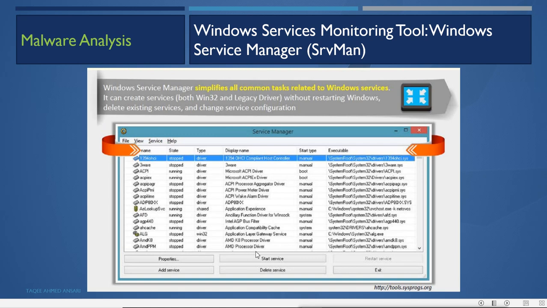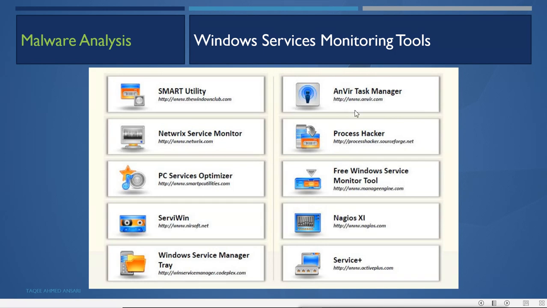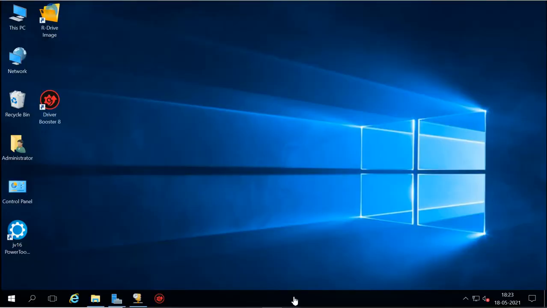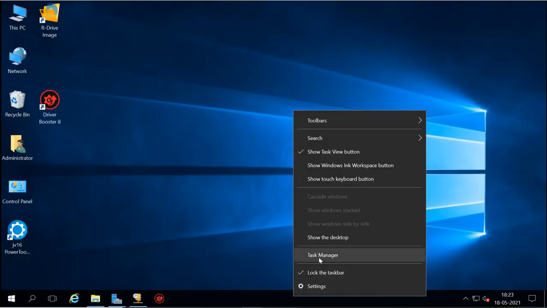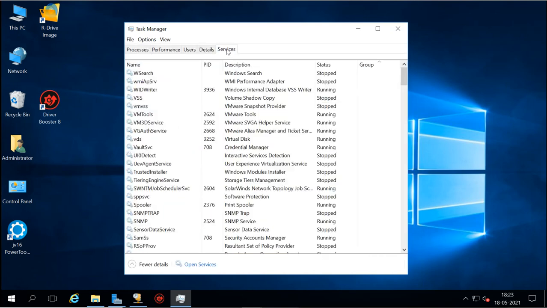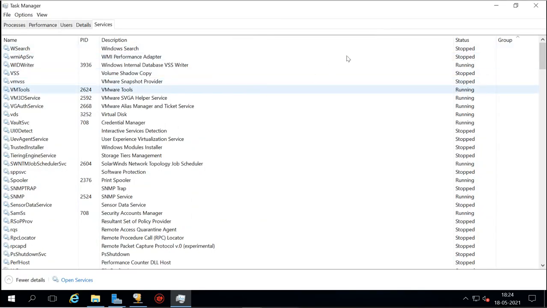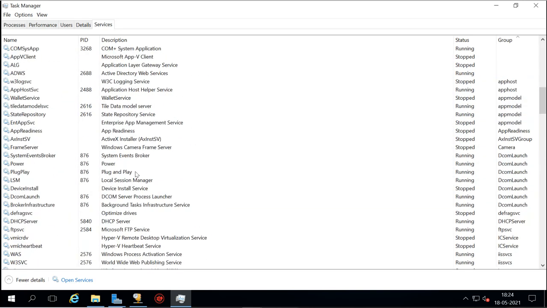So this will also be used for managing the service, and also we can monitor the service by using this tool. And also we have some other tools to manage or monitor the services. For simple monitoring of the service, we can go to the task manager, and here we can see the services. We can see which services are running and which are stopped. We can see those service names here, and also the description. Like this is for the FTP service, and you can see the FTP service is running in my system because the FTP server is running on this server.